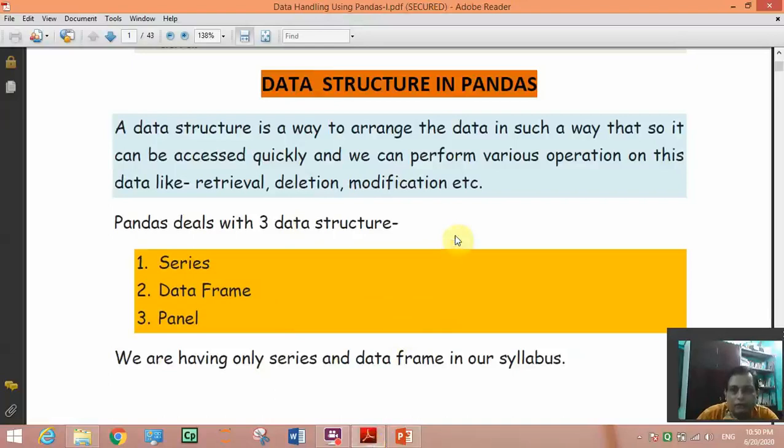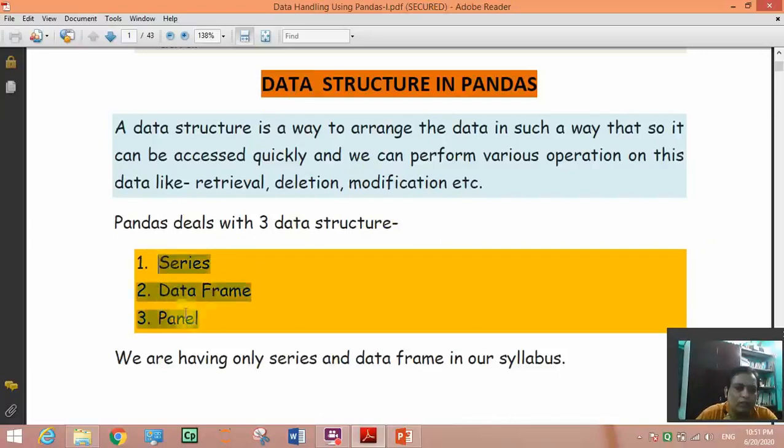Earlier I have already told you that pandas is a module that is used to analyze a huge amount of data, which is used for many purposes like surveys and getting some engineering calculations, etc. In pandas we have two data structures.